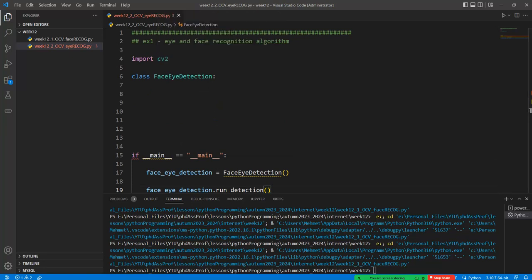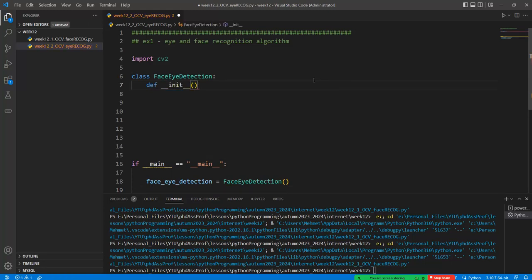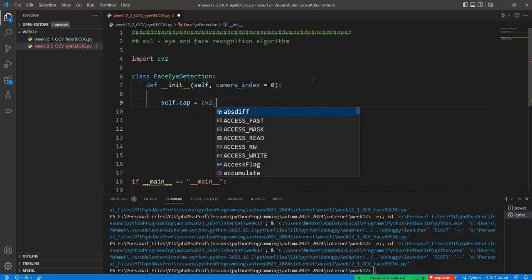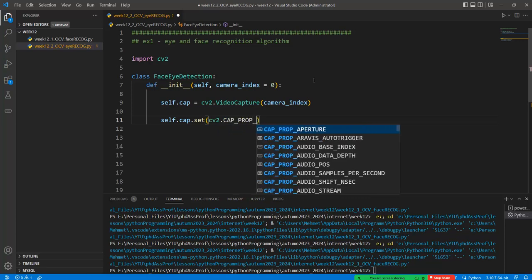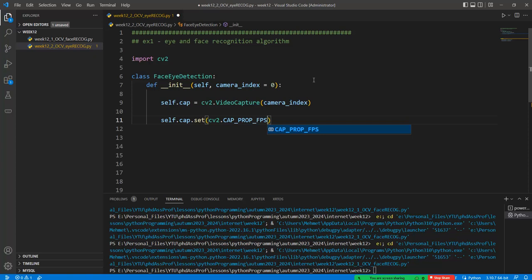In the first place, we create the def __init__ constructor function with self and camera_index equal to 0. self.cap is defined with cv2.VideoCapture using the camera index, and after that self.cap.set with cv2.CAP_PROP_FPS, the camera property FPS, is assigned the value 30. We also define self.face_cascade as cv2.CascadeClassifier with the cv2.data.haarcascades path plus